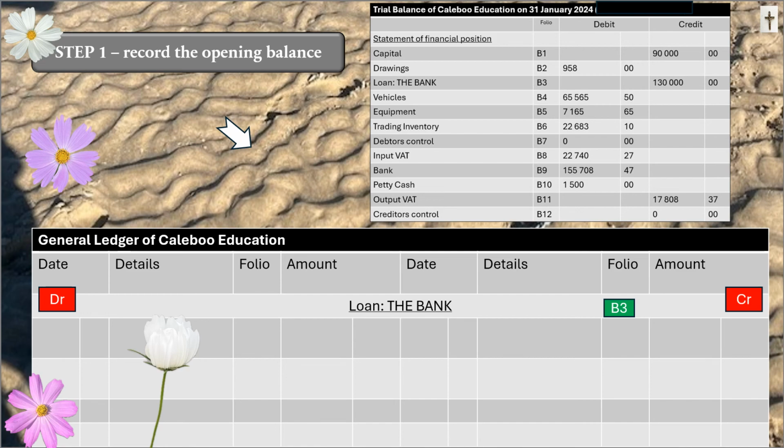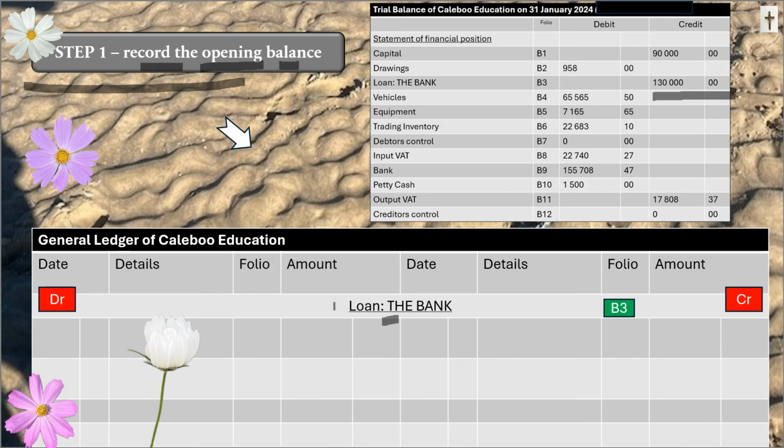Step 1. I'm going to use this account here, the loan. Calibu Education took out a loan with the bank. Now step 1, it says record the opening balance. So I go and look for the opening balance of loan with the bank, and there it says